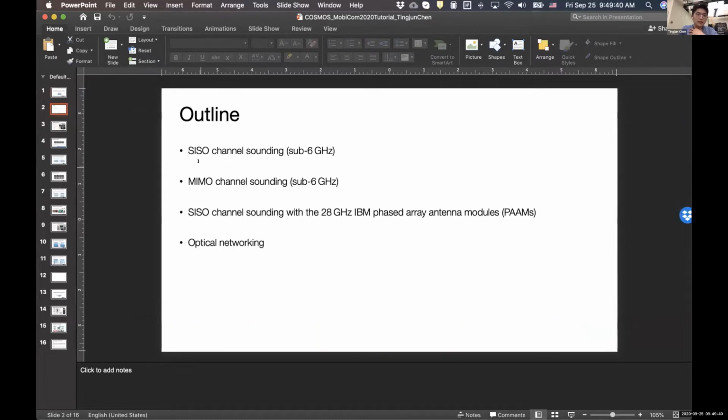And here's the outline of what we're going to do today. So in the first part, we'll go through some of the basics of SISO and MIMO channel sounding. So this will be done in Cosmos Sandbox 2, which you can see in my background. We'll be doing the experiments first in the sub-6 gigahertz. And then after the break, we'll do a similar thing here using the SISO channel sounder framework. We'll apply that to the 28 gigahertz phased array antenna module, which we recently got from IBM as part of the